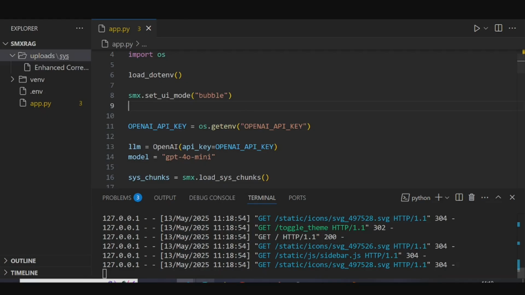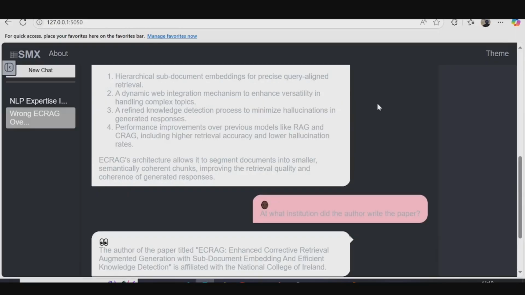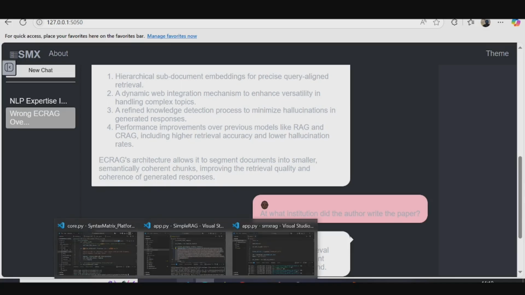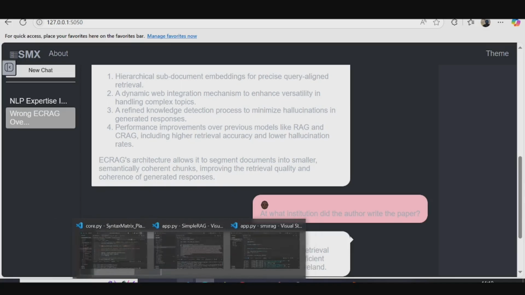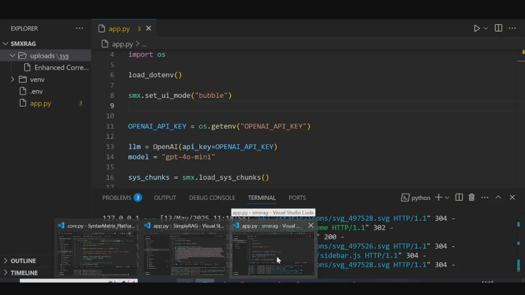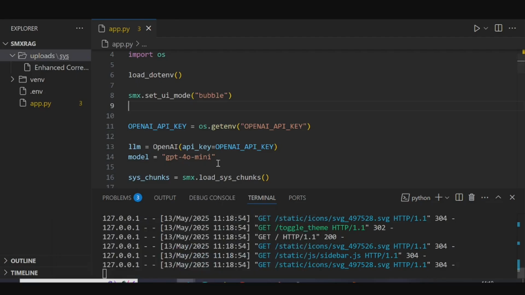So you can set the theme that you want. You can disable this button so it shouldn't be showing. Then you set a theme that you want. Let's say you want a dark theme. The list of themes are on my GitHub page. The readme there is explicit, so you can say